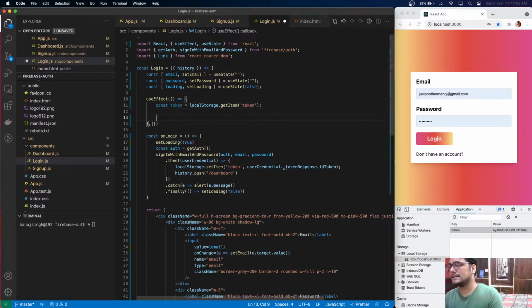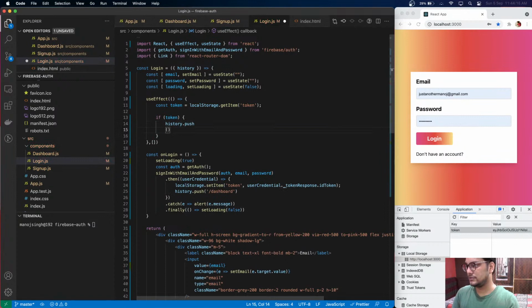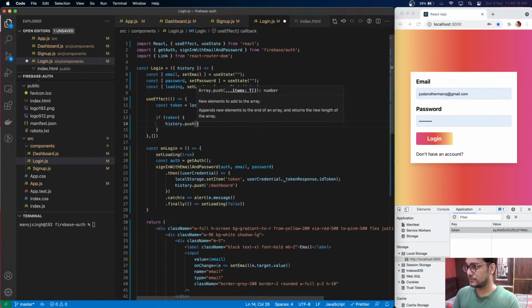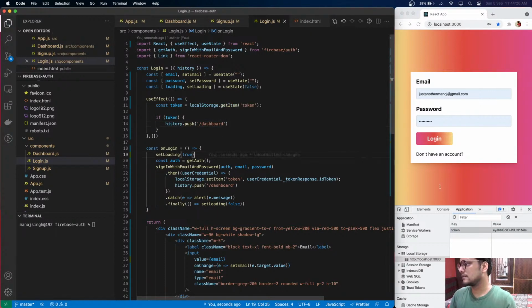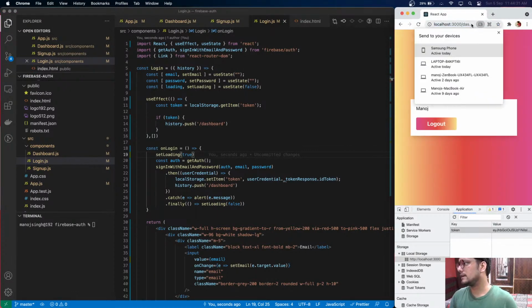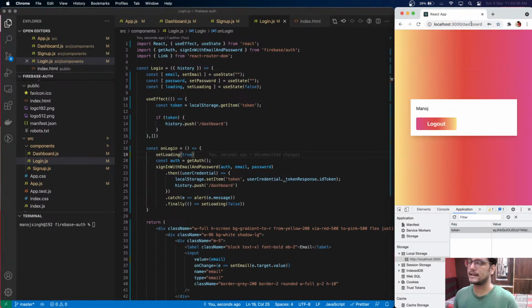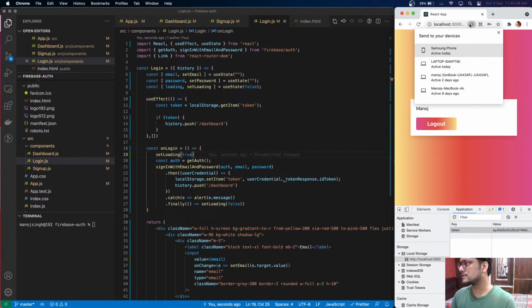So what I'm going to say is, if token is present, then history.push the user to /dashboard, and that's pretty much it. So if there is a token and I reload this page now, it will redirect me to the dashboard. If I go here, remove this, and try to go three times, it will always redirect me to the dashboard. But there is another problem, which is